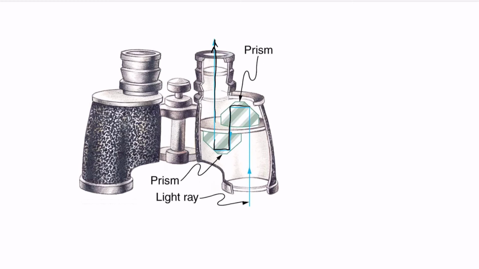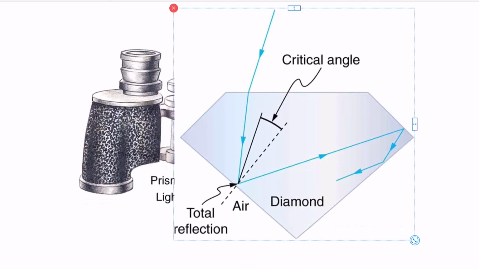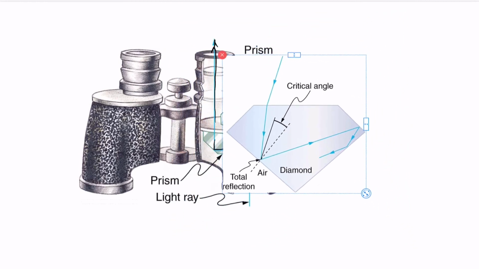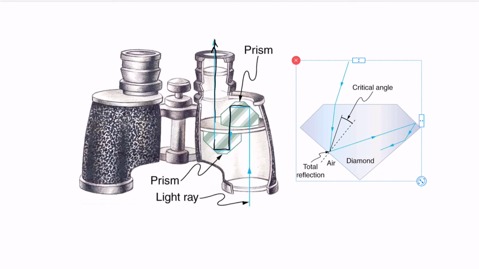Even a diamond sparkles because of total internal reflection, because the light is not exiting the diamond, rather it is hitting the diamond inside itself and continuously hitting inside. Because it's continuously hitting inside, this light stays longer in diamond than in air, so that's why it generally sparkles. Another example of this is a phenomenon called dispersion.